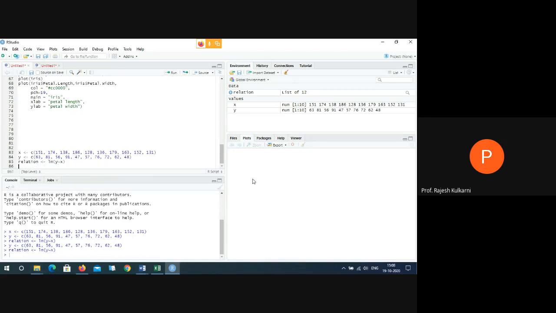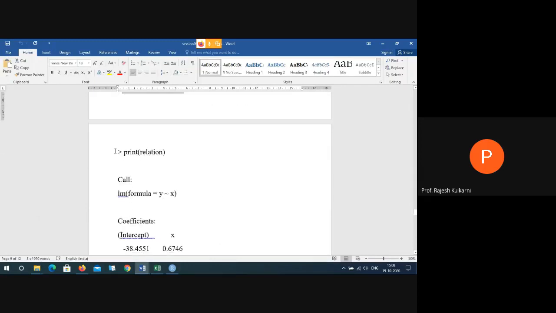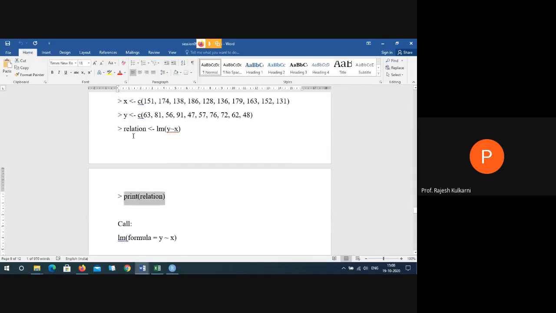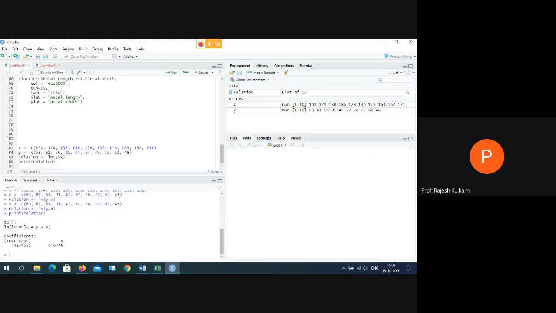Now we are saying print the relation, because in the relation variable we are storing the result. Just copy it and I'll just run the code. See here, are you getting it? The value of intercept and the slope, I got it here. Getting it, all of you? Okay.